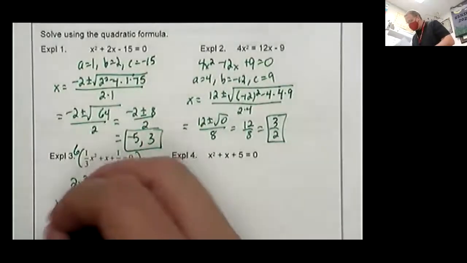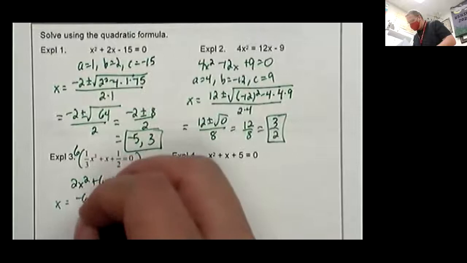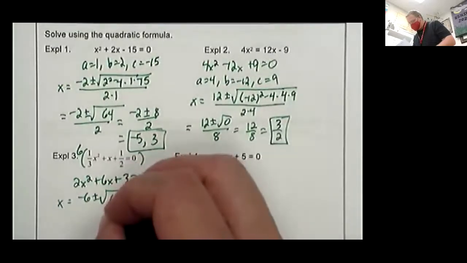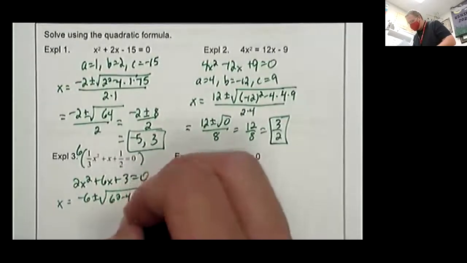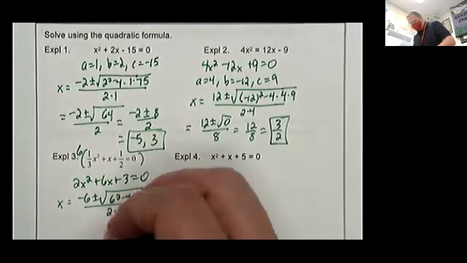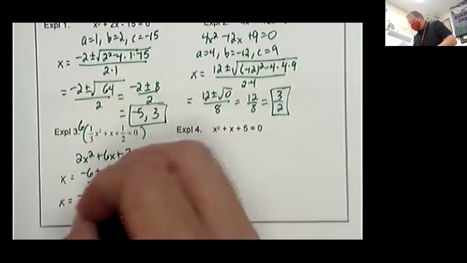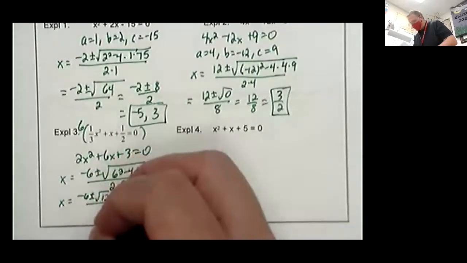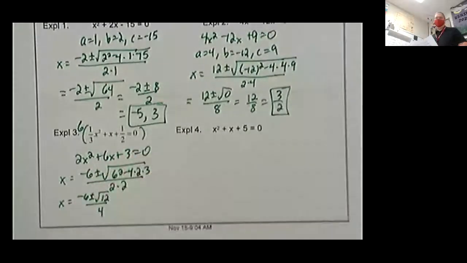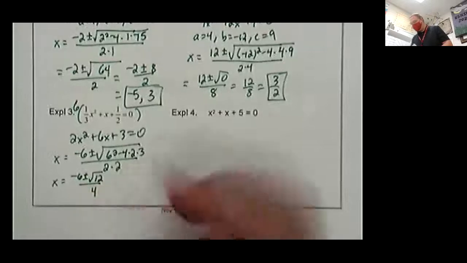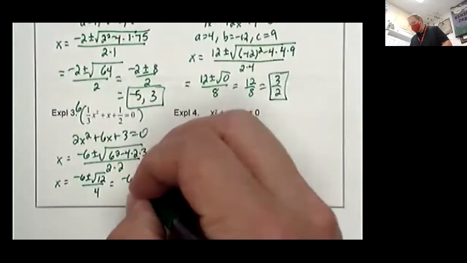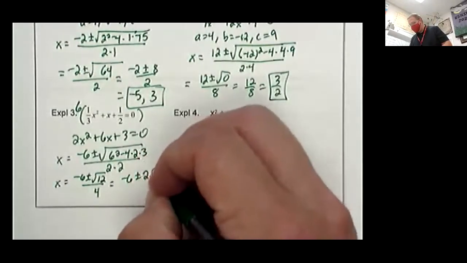We're going to plug in our pieces. That gets us negative 6 plus or minus the square root of 6 squared minus 4 times 2 times 3, all over 2 times 2. That gets us negative 6 plus or minus square root of 12 all over 4. This is why we had to do that stuff in chapter 7 first. Square root of 12 is a factor of 4 times 3, which is negative 6 plus or minus 2 root 3